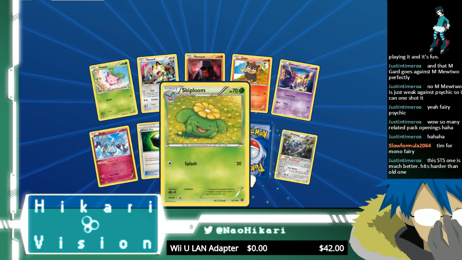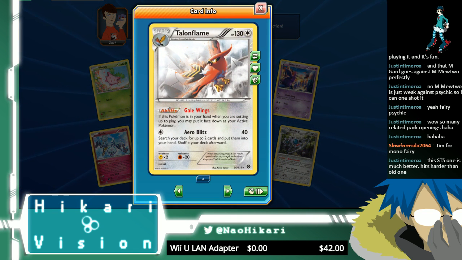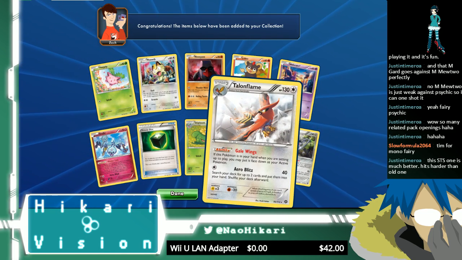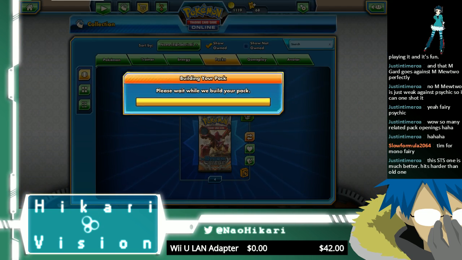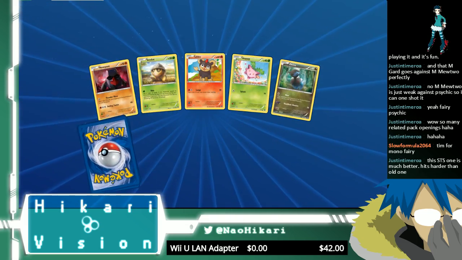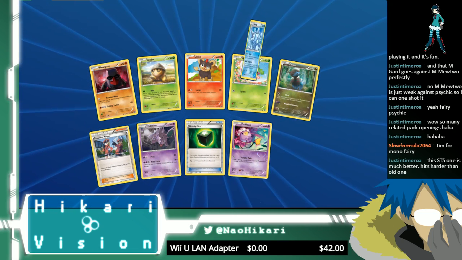Alright, we've got another Klinklang, and hey, get that young Talonflame. So I've got 3 reverse foils and I believe 3 regulars, so I can switch these out in my Greninja deck and trade off the other ones. See if I can get anything else that I'm looking for, like Volcanion EX. Got that reverse foil Drifloon and